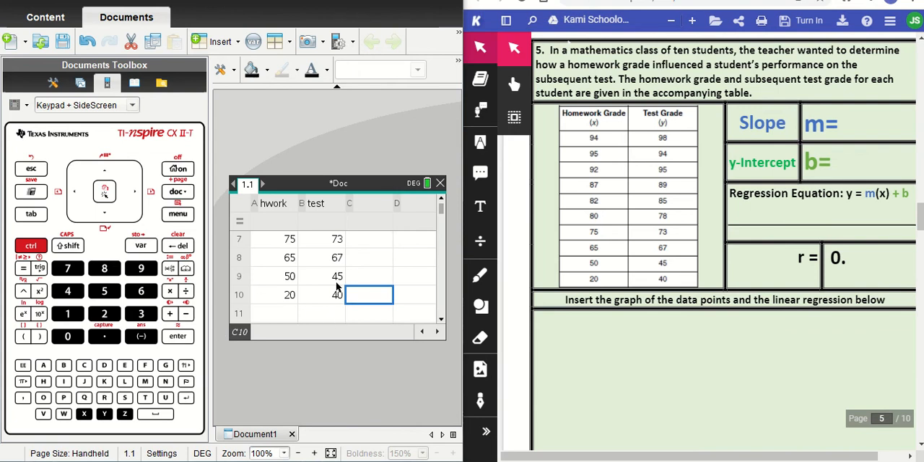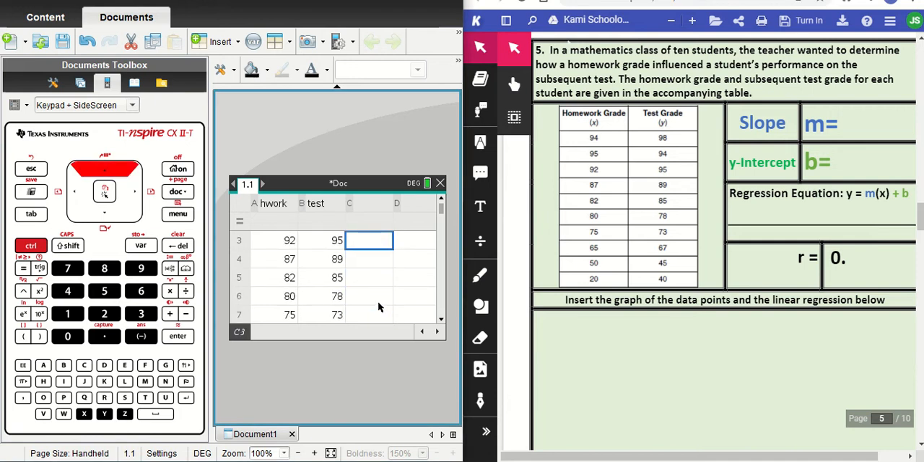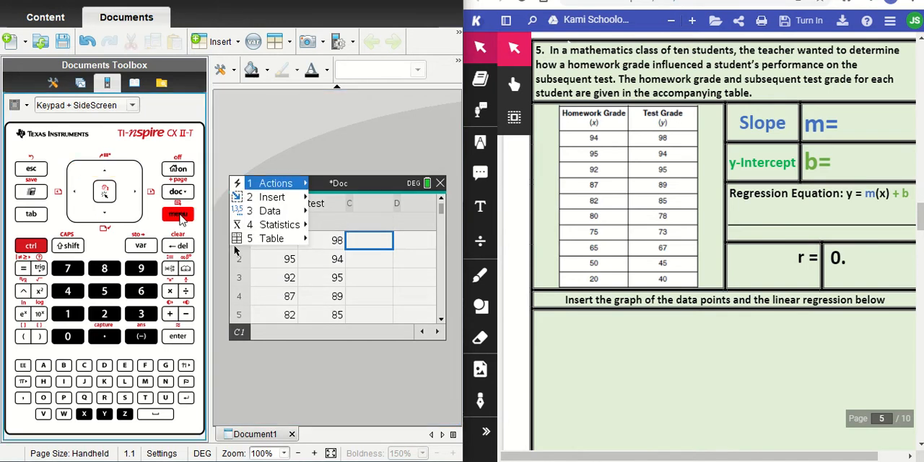Now, once my data is in the calculator, I always go to cell C, number 1. So column C, row 1. And here, I'm going to run a linear regression. So we've done one variable statistics before. A linear regression is very similar. Menu,